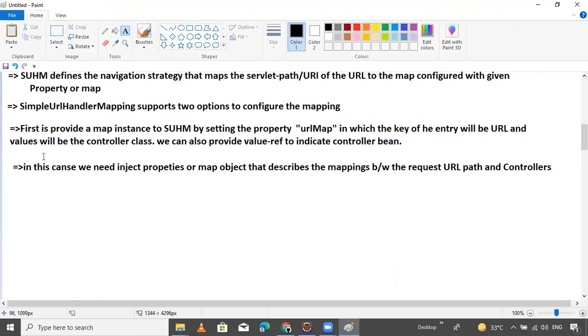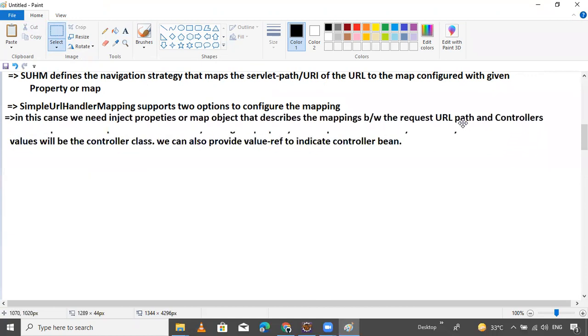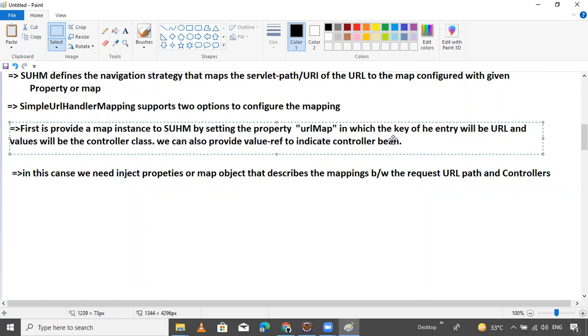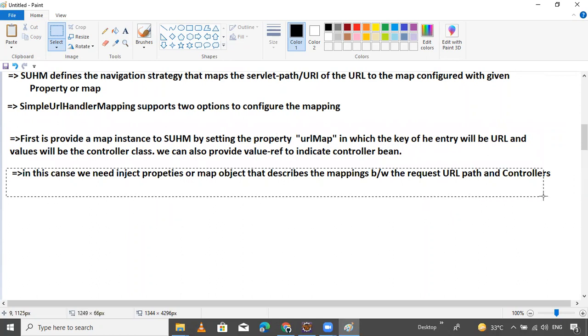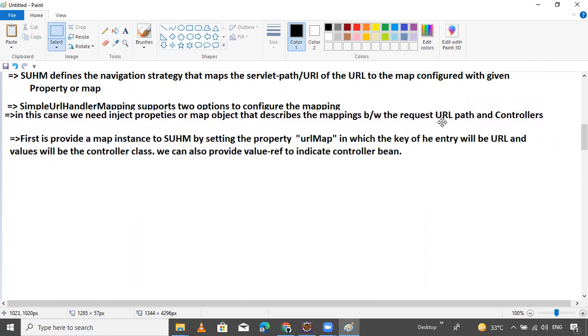Now I also want to write this point upside. One point related to this. Now it's good.